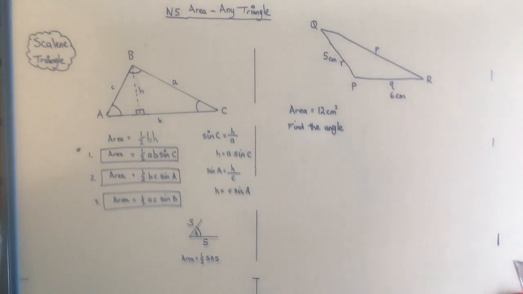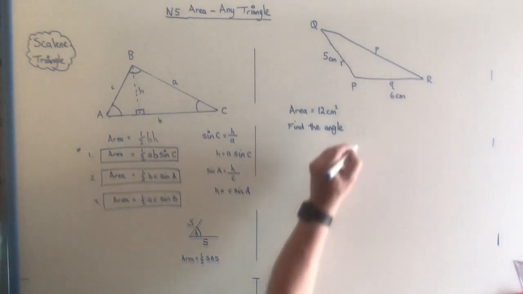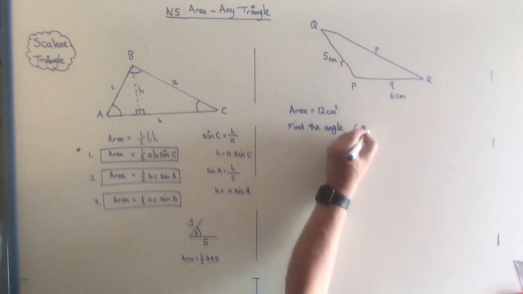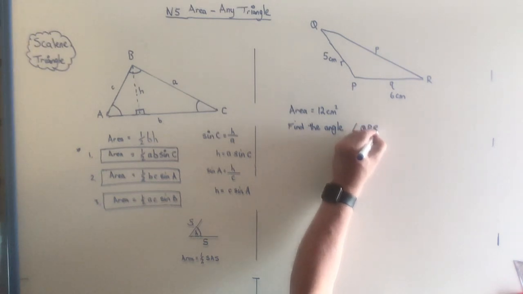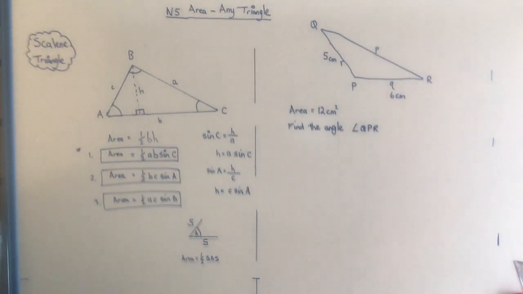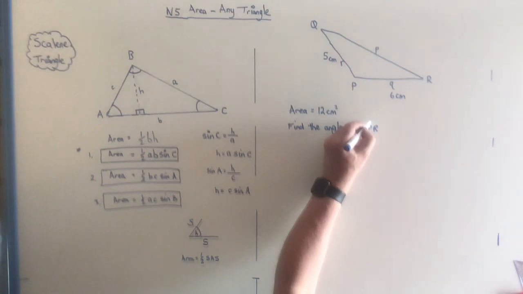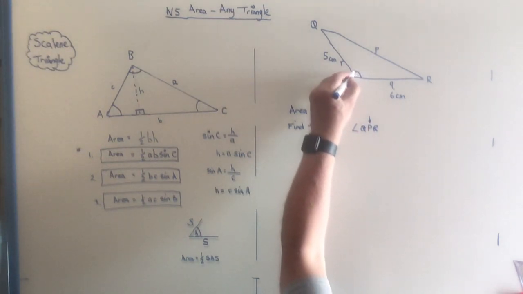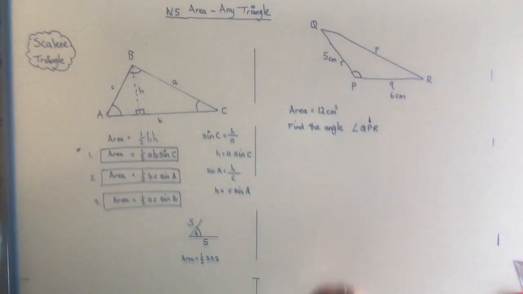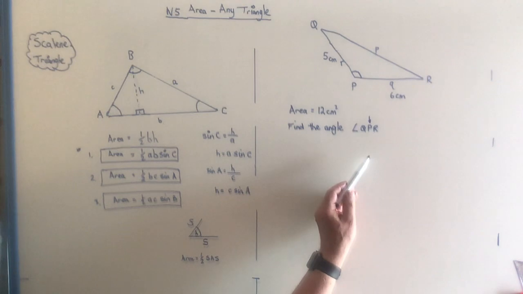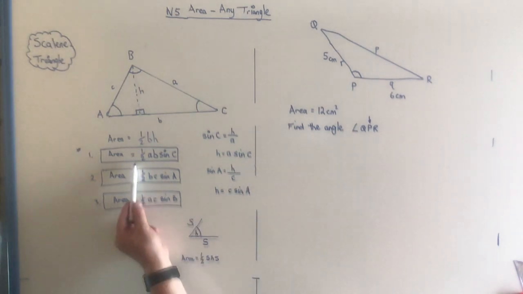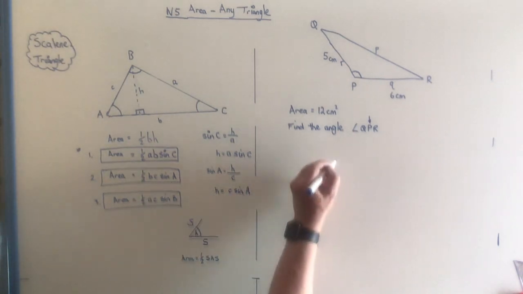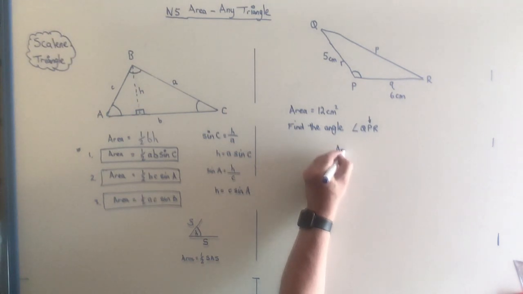Okay, so we're to find the angle, and the angle is QPR. Okay, so remember from first year, this is where your actual angle is. The centre letter tells you. So this is what we're trying to find. Well, from the information we've just derived there, this is the formula given in the exam. So let's write it out. Area equals